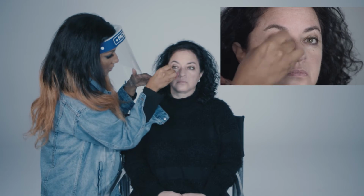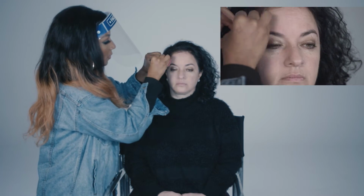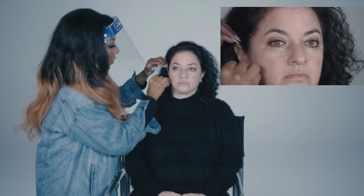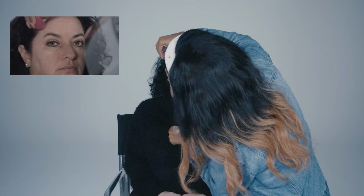Something else that's very unique about this foundation is that you can actually apply it with your fingers. If you apply it with your fingers, it's going to give the skin more of a lived-in look as opposed to a makeup look. One of the perks to using your fingers with foundation is that you'll notice that you use less product. You want to be sure to bring the foundation all the way back to the ears so that you don't have any lines,